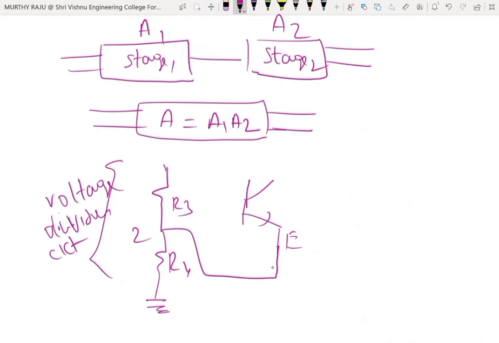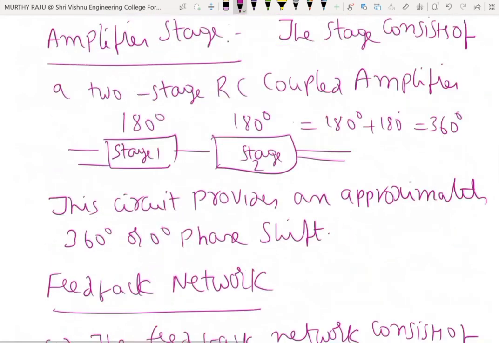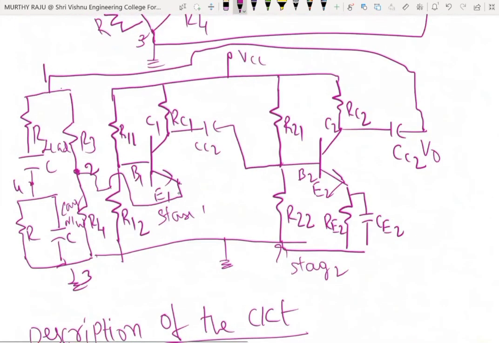Due to the emitter connection at point 2, the R4 resistance is connected between the emitter terminal and ground, and provides some negative feedback in the second stage. Due to negative feedback, the overall gain is controlled. Finally, oscillations are stabilized. That is the reason in this original circuit, the emitter terminal of the first stage is connected to the second point of the feedback network.